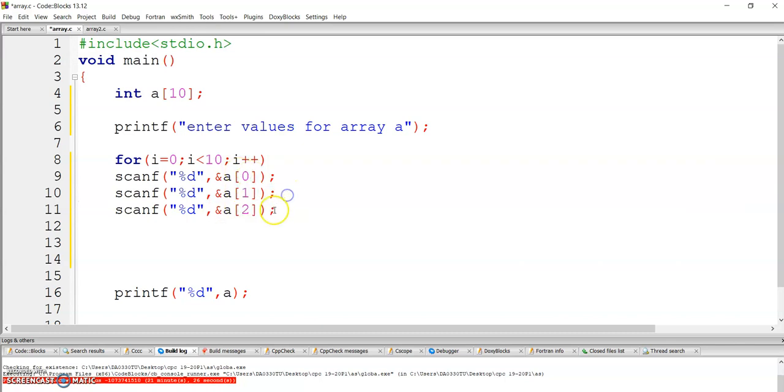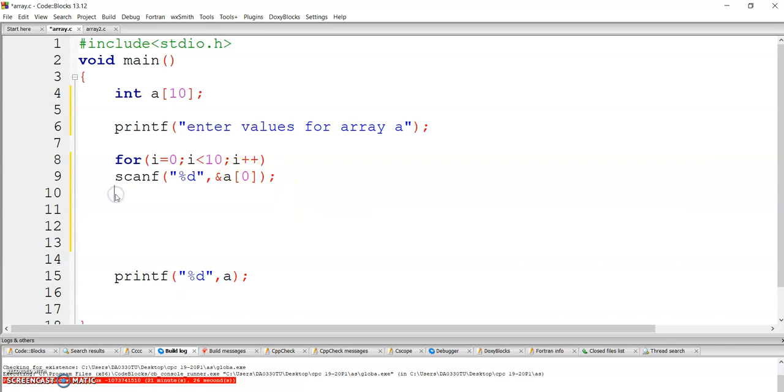So erase all the scanf functions, only the first one is there. Then here, instead of 0 write i. That means the for loop will start from 0. So your first iteration is for i = 0, so the first value will be stored at the address of a[0]. Now it will increase the value by 1.